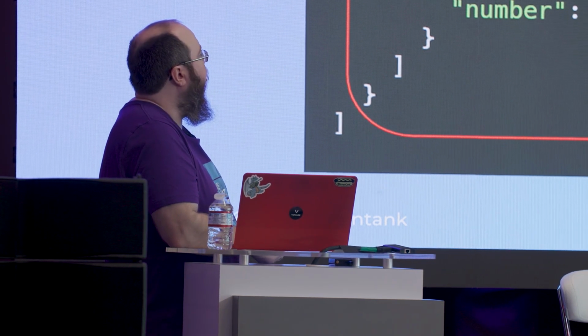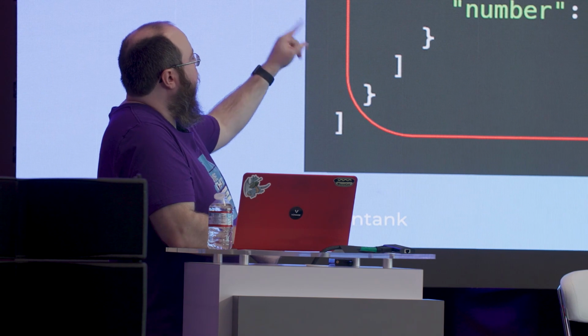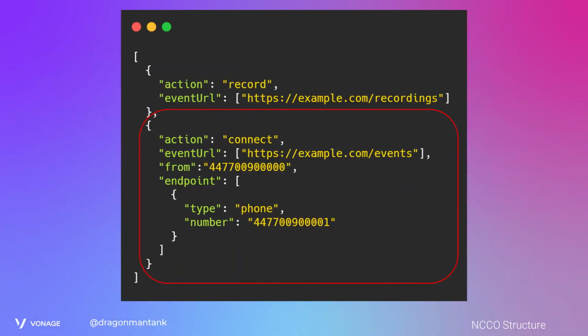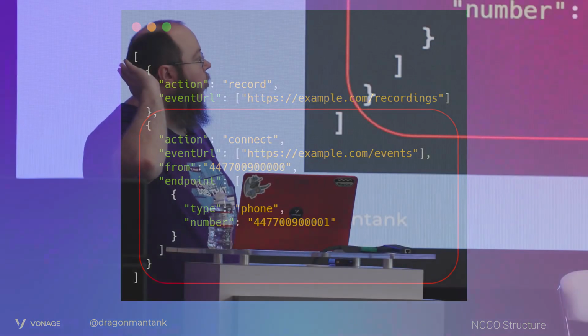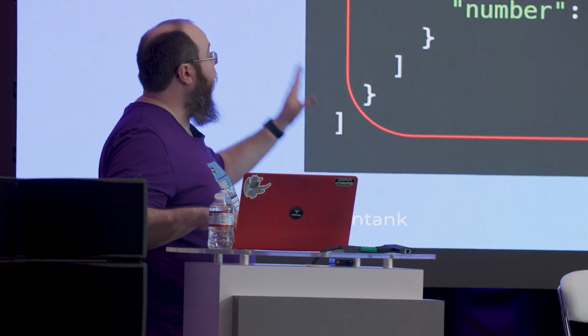And then once we've turned on recording, here's an example of us connecting to another telephone number. We just say connect to this endpoint, in this case, a phone endpoint. Like I said, you can swap that out with a WebSocket, or a mobile app user if you're using our Conversations API as well. This is a real quick way of saying, I'm gonna make a call and I want to record that call. So NCCOs are just regular JSON objects, really simple to install, no weird syntax that you have to learn. And most of our SDKs help you actually build those NCCOs themselves.